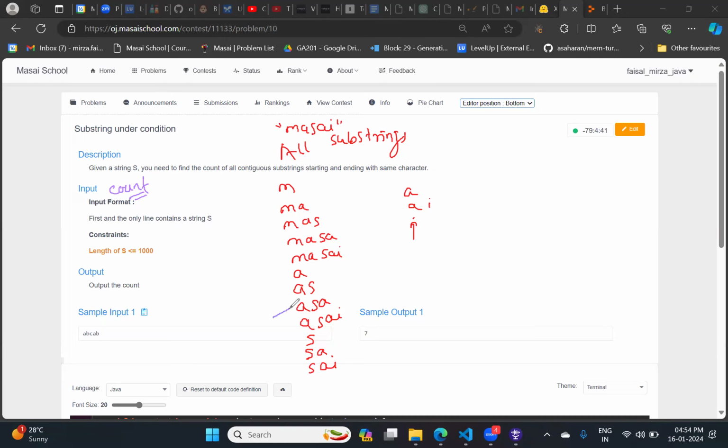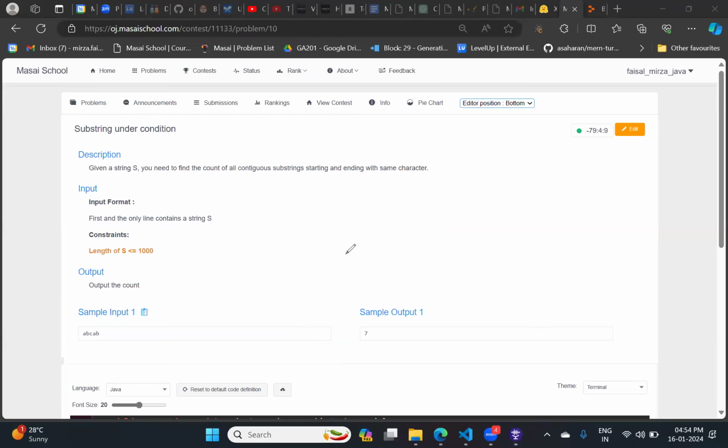Yes, that's the one, and the rest are different. What about this M? Understood. So M, A, S, A and I would also be the same, since starting and ending are the same. Let's apply the logic and count all the substrings.